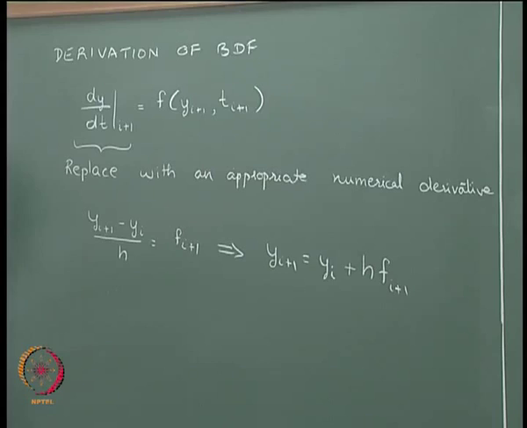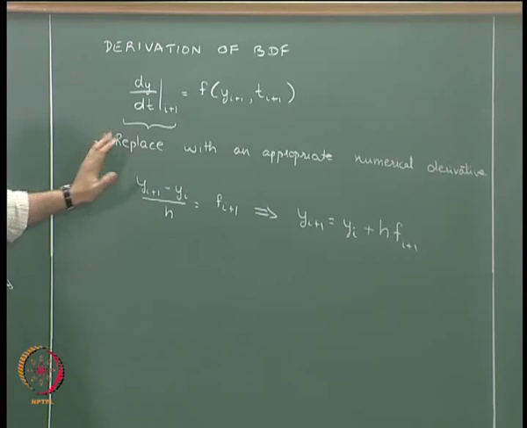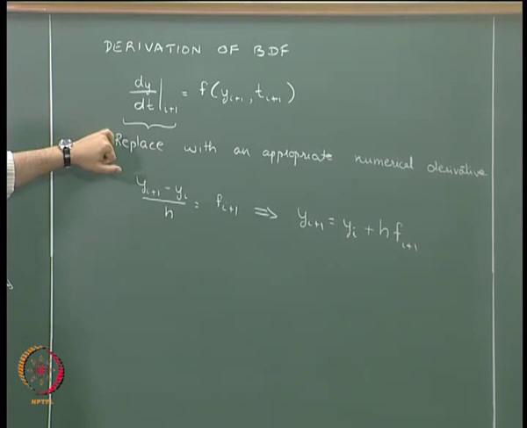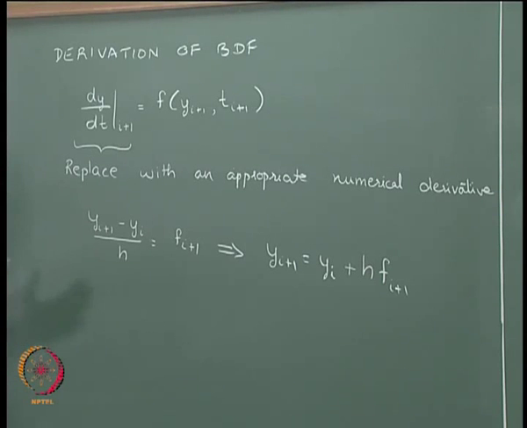So this is the first way, the backward difference formula of order 1. Now if we want to derive the backward difference formula of order 2, we have to replace dy by dt with the numerical derivative of the second order. What that means is it is going to be equal to